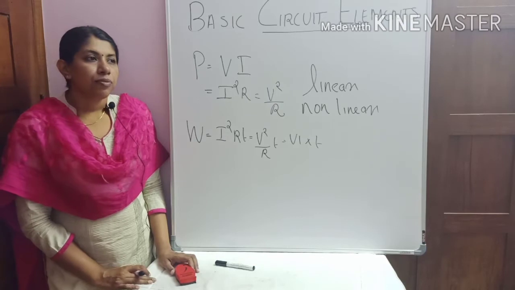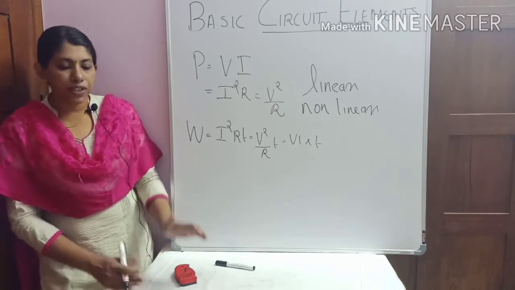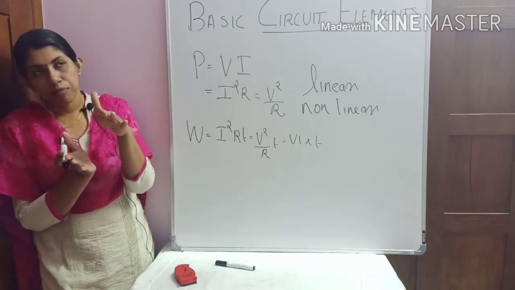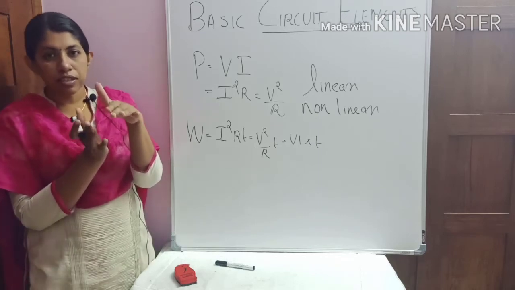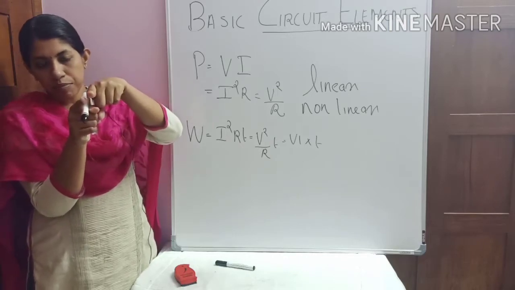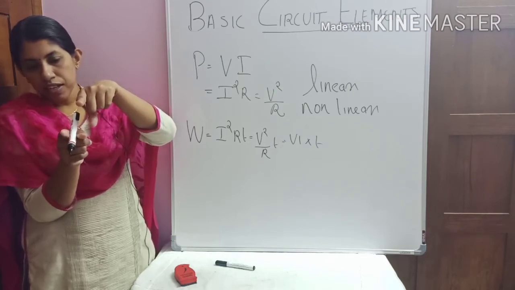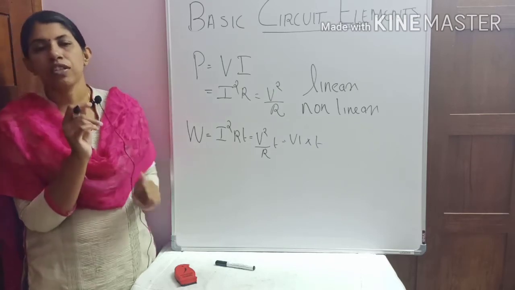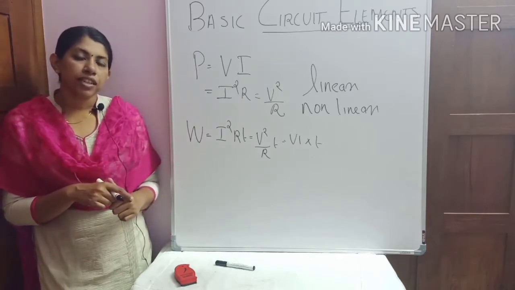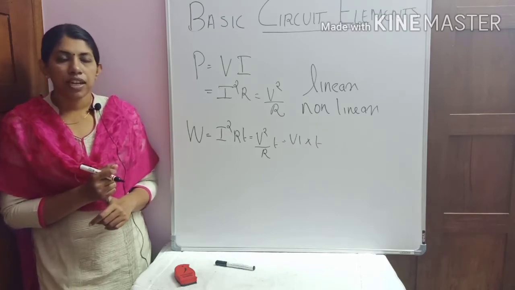One more thing, what will happen when we increase the thickness of the wire? When we increase the thickness of the wire, in effect we are increasing the area of cross section of the wire. To imagine it easily, consider placing many wires together like this, so that the thickness of the wire is increased, right? So when the thickness increases, the area of cross section is increased. When the area of cross section is increased, the resistance decreases.